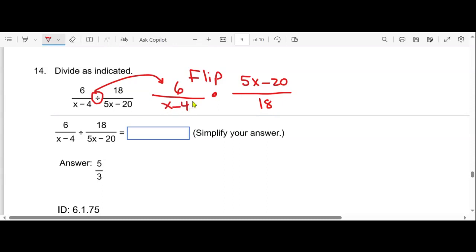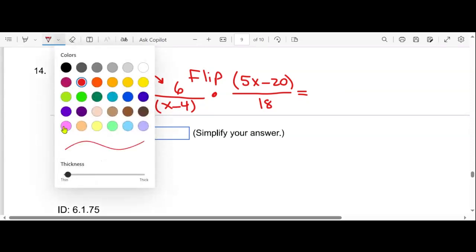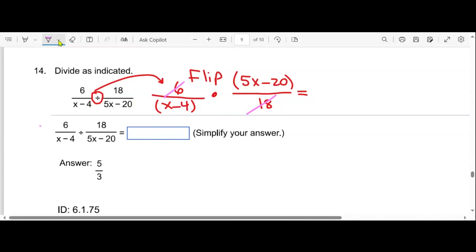Very good. So now can I solve it? What should I do now? This operation is called the multiplicative inverse. Can I cancel? Yes, I can cancel 6 with 18. What do you get? 6 and 18, what are you going to get? 1 and 3, right? Divide by 6, correct? You divide by 6, you get 1, and here you get 3. Now I have 1 over x minus 4 times